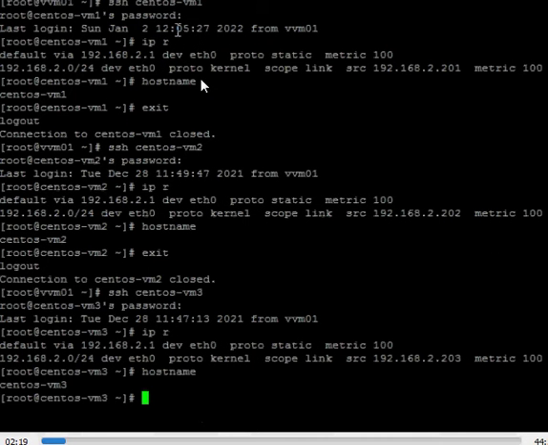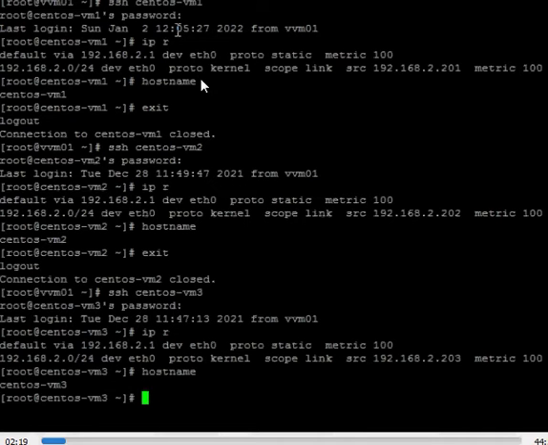So these are the 3 servers you can see over here. It is CentOS 1. The IP address is 192.168.2.201. CentOS 2 IP address is 192.168.2.202, and the last one is CentOS 3.